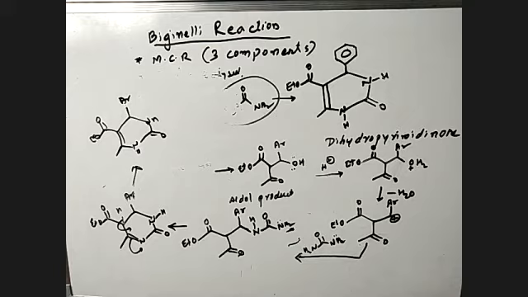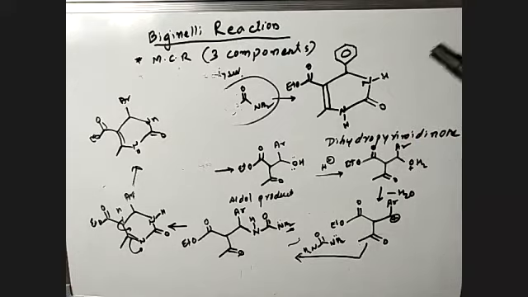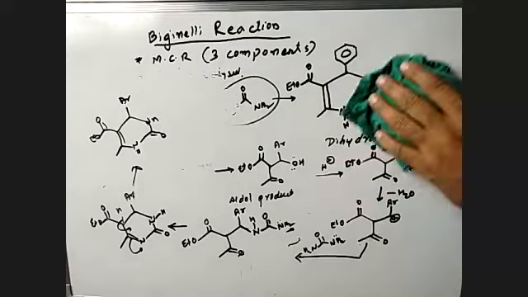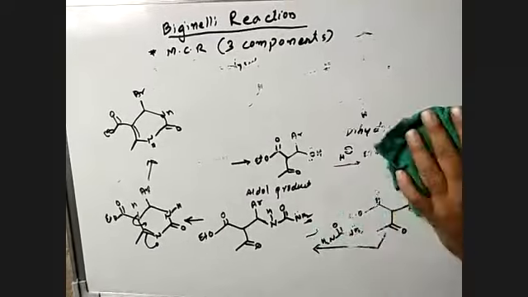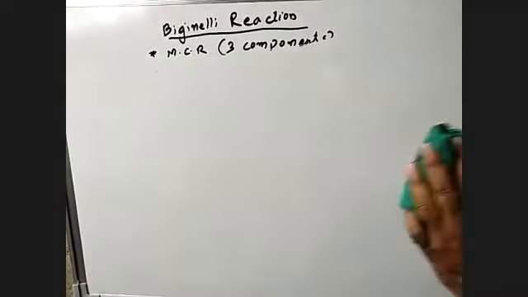Fine. Yes. You know, one more mechanism is reported. That is, in this we have gone through the first of all aldol, but there, not aldol, but through the attack or reaction of amine and aldehyde, amine of this urea, and that will form an iminium ion type situation. Okay, that is also possible. So we will go for that mechanism also. Any one mechanism you can write. Remember, any one mechanism is okay. You can take either of the two, both are okay, no problem. Okay, fine.